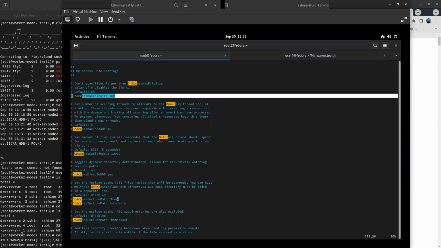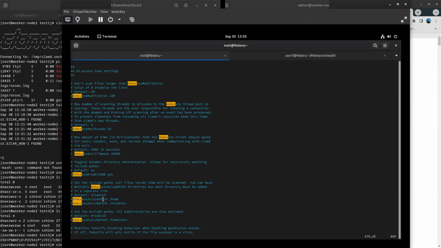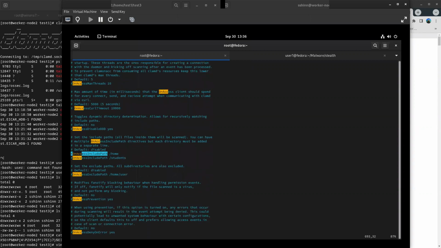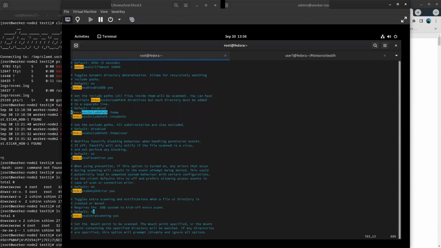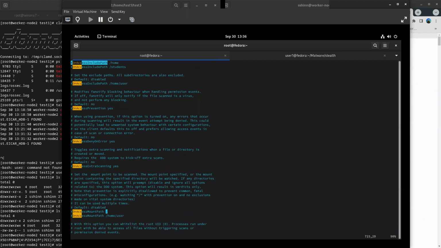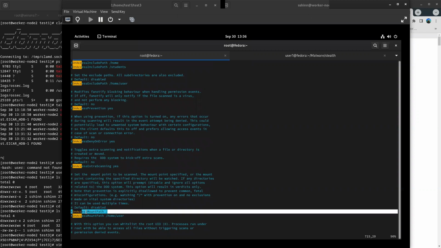Now, the settings that we want to talk about first are the ones that I use today, which are include path. I said watch a specific directory. There is also the ability to tell it to watch a mount point. I will caution you from doing that against a mount point right away, because there are going to be plenty of services and applications that need to be able to manipulate files that may have malware in it.